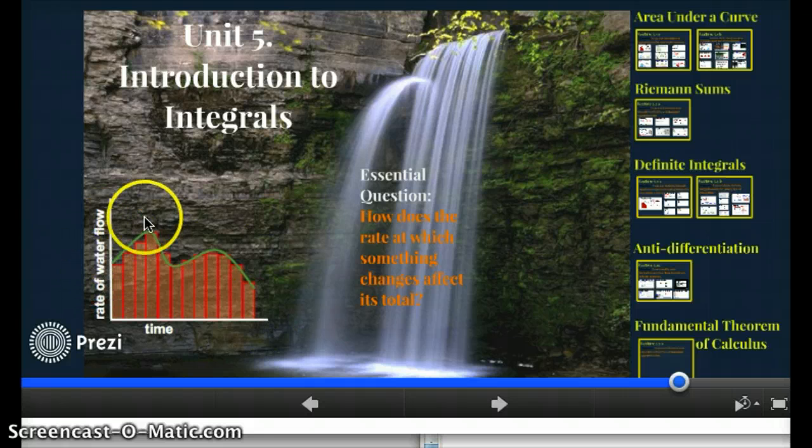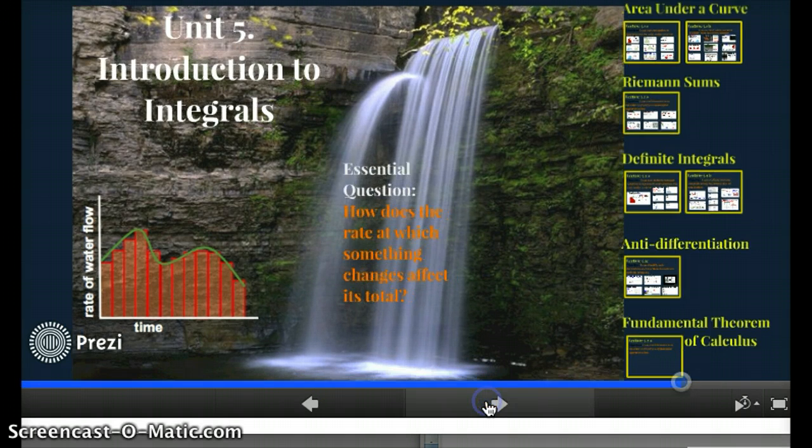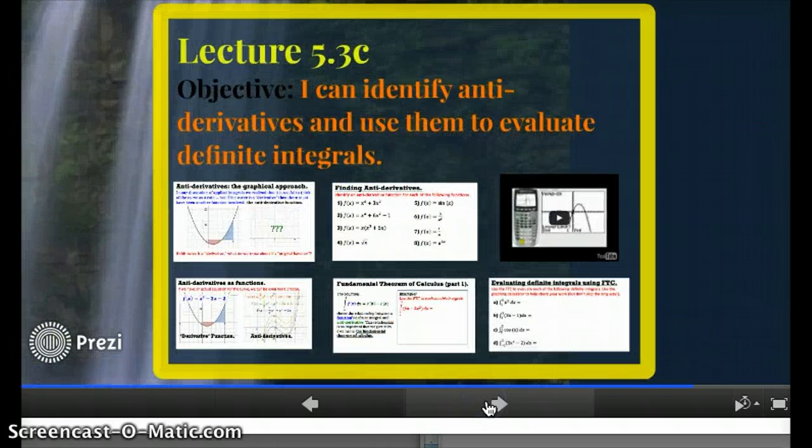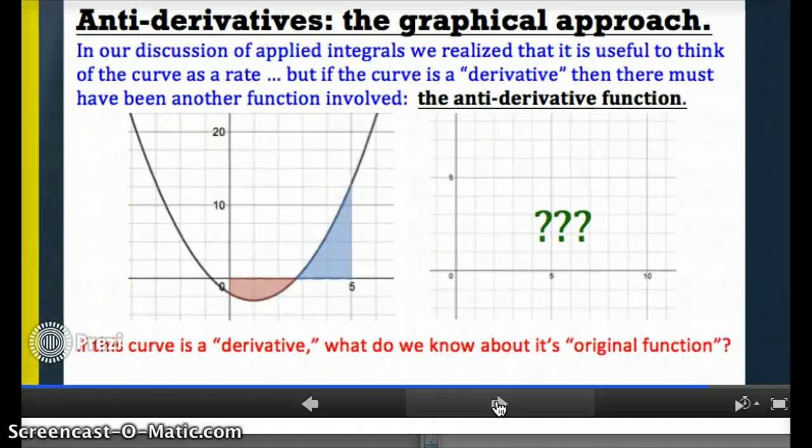So if this function is the rate at which water is flowing, we think of this function as a derivative of that other function that actually tells me how much water there is. That idea is where we start in order to understand antiderivatives. By the end of this video, you should be able to identify antiderivatives and use them to evaluate definite integrals. But I want to start with that core idea, not just because it's an important piece of calculus, which is this incredible accomplishment that humans have invented, but also because understanding this idea at the basis will help you find